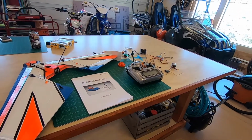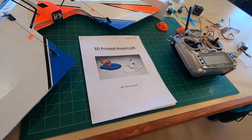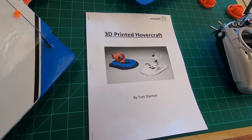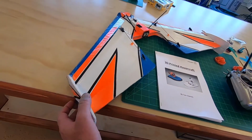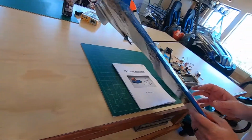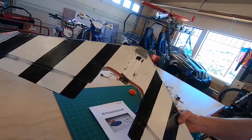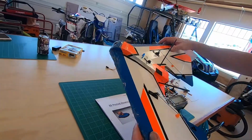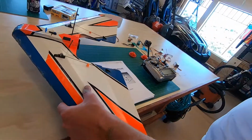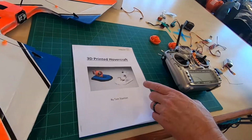Alright, so what's our new project this week? So, taking one of my 3D printed hovercraft, as you probably just saw, but taking one of my wings, it's seen some better days. Look at that puppy. Crashed a lot. So we're going to repurpose the parts, huh? It's got a lot of flex. Oh, poor thing. But anyway, gonna retire it, but taking the electronics, and I saw this on